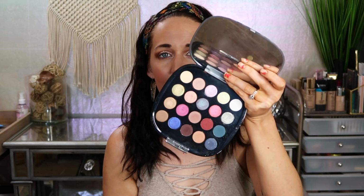And then finally, you guys, I was so excited when I picked this up, and I don't know if this is more of a buyer's remorse type of thing, but this is the holiday palette from Marc Jacobs from 2 holidays ago, so not 2018 but 2017. This is what it looks like, and honestly I was pretty let down by the matte shades in here. The shimmers are the reason that I keep this palette around, so I kind of just need to decide if I want to keep this around for the shimmers. It was a very expensive palette, but I really like